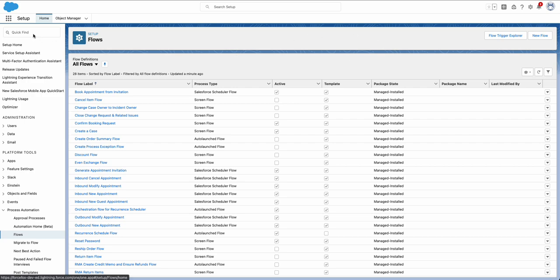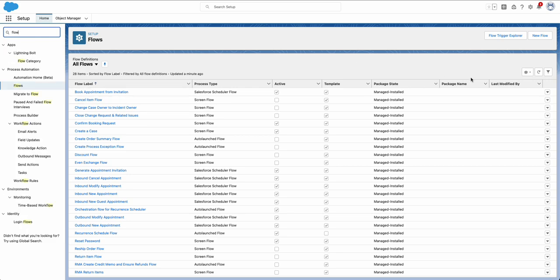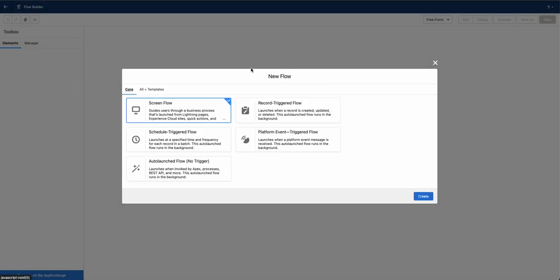So first of all, type in flows into your setup. Then you have here the list of all your flows. There are a few that are pre-installed by Salesforce. And now let's go here and create a new flow. And once you click on it, you see here,